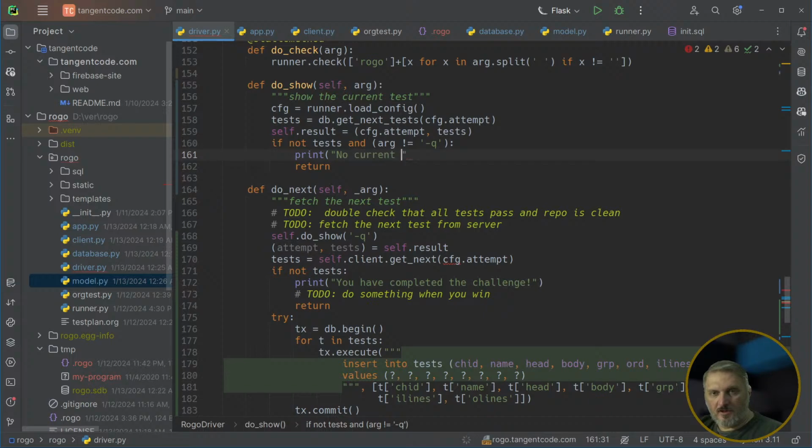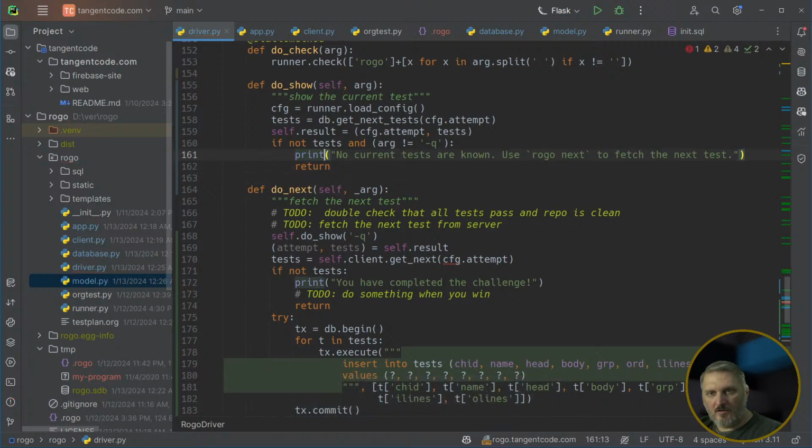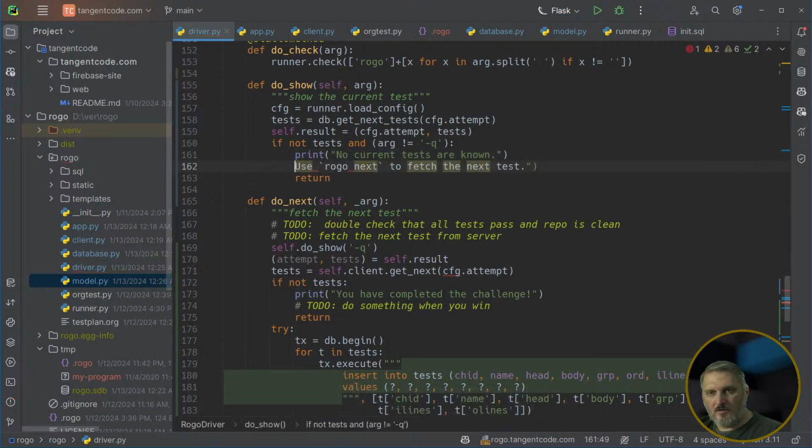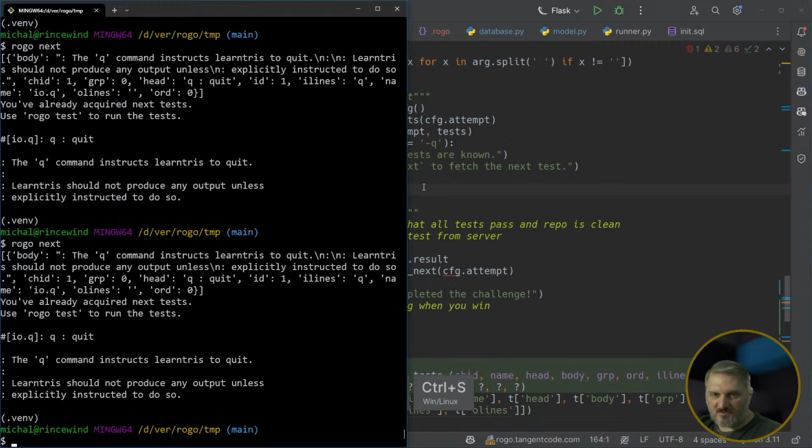No current tests are known. That's because show will be a command now. Okay, so if we run this, if we just go here and we say rogo show,